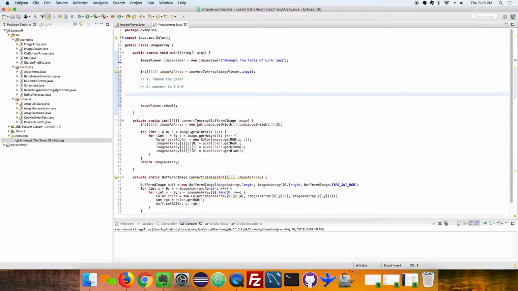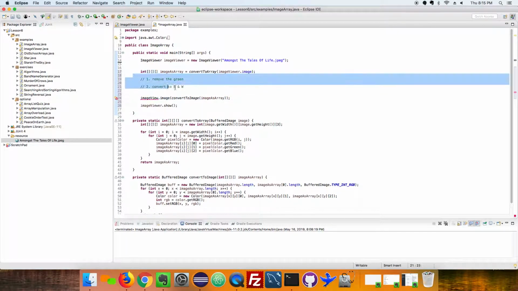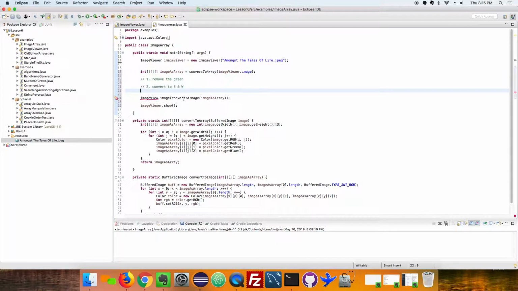So this time we have an array and we're going to convert it to an image. So back out of here, we're going to get an image, and I want it to be image viewer dot image, because I'm going to show the image at the end. Convert to image, and to that I'm going to pass in my image as array. You guys have probably at that point somewhere in here manipulated the image as array, so it's going to show the image as different because the pixels will be different or some stuff will have changed. This should be image viewer